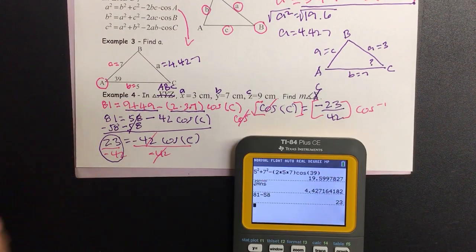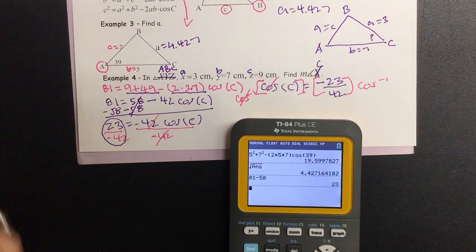What kind of angle should we get if this is correct? An obtuse, a right, or an acute? Acute. So second cosine. It ought to be acute. I'm going to leave it as